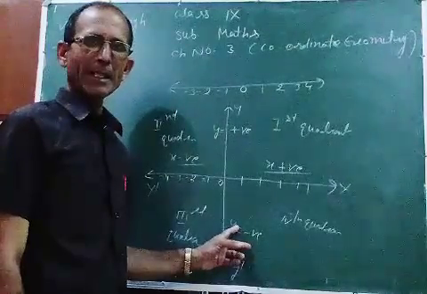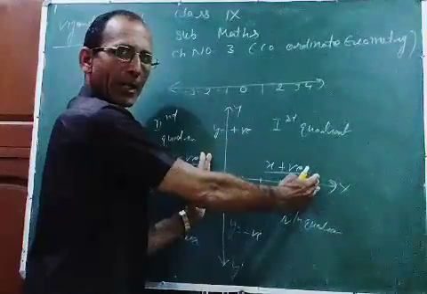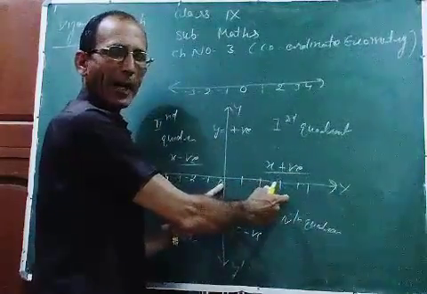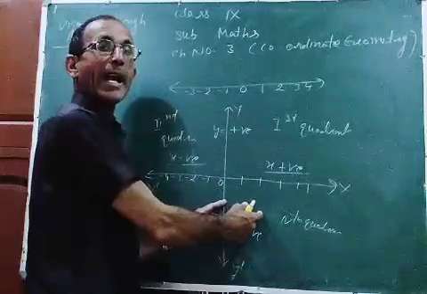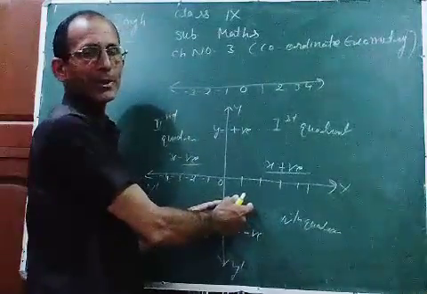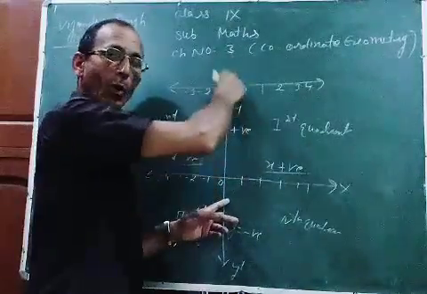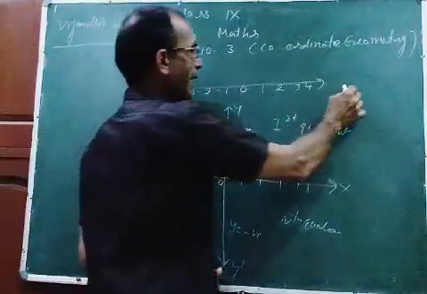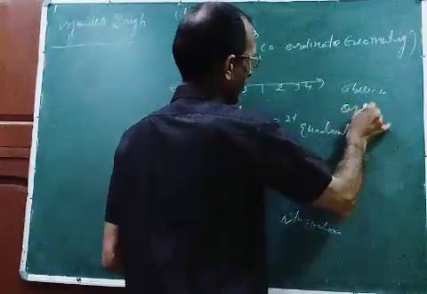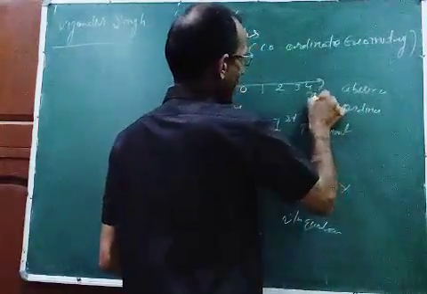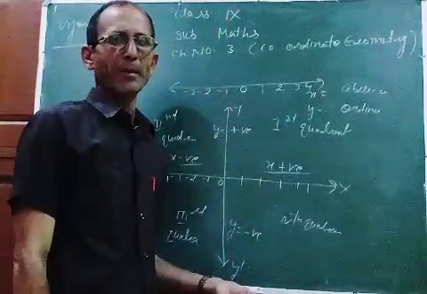Up to here, any doubt, any confusion? I told you on the right side of the origin, on the x-axis, the value of x will be taken. This is known as abscissa. You can say the value of x is abscissa and the value of y is ordinate. Abscissa and ordinate. X is abscissa and y is ordinate. This point also you have to memorize.